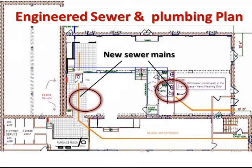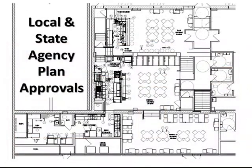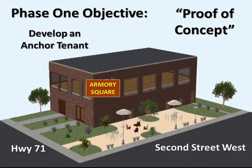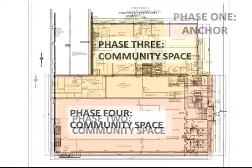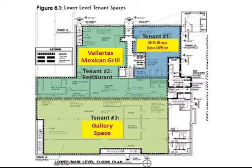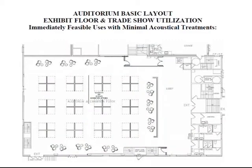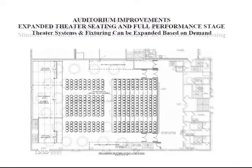Part of the redevelopment process, of course, involves a redesign of the interior spaces along with local and state approvals. The project was approached as a phased approach to develop first an anchor, as the spaces in the building were studied and designed for community uses with a retail space, a restaurant space, education studios, and a performing arts studio. Here are renderings of the different possible uses for the auditorium space as a performing arts center, a banquet center,